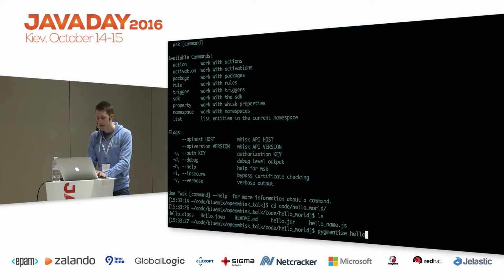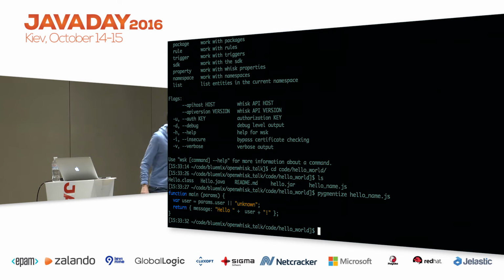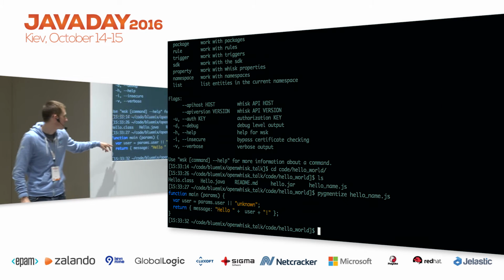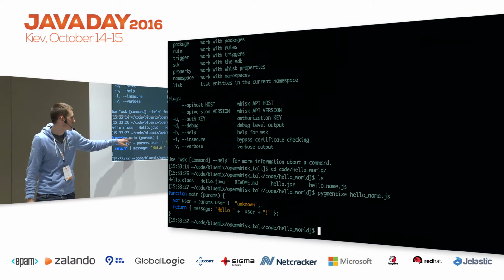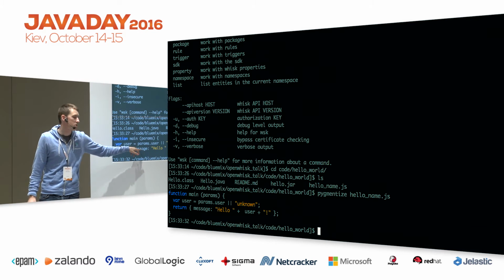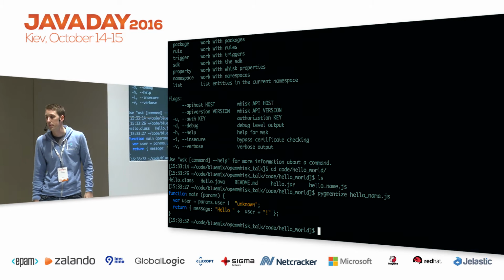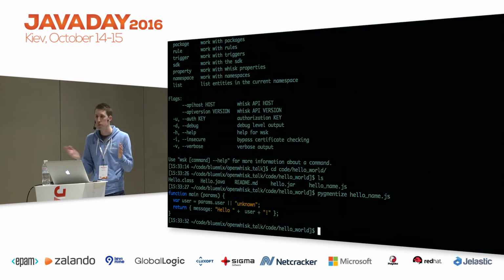So I think this is the world's smallest but most useless microservice, right? You can see it's just a greeting service that gets executed. It has the interface that OpenWhisk expects. It's got a function called main, takes some object, uses a username, and then returns you a greeting with your name in. So once I've finished my hello name greeting service, I can deploy this straight to the cloud